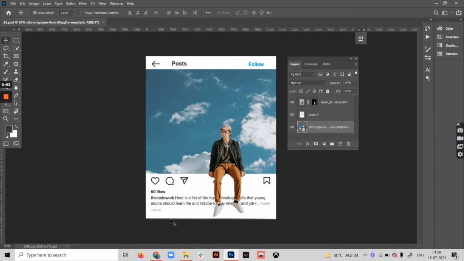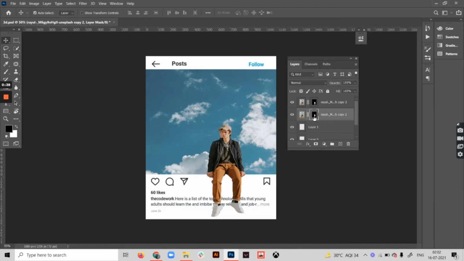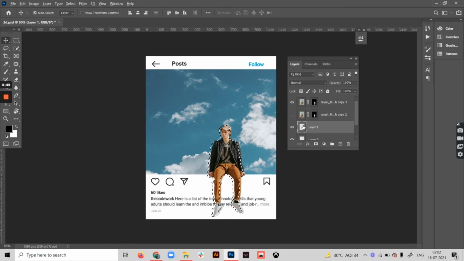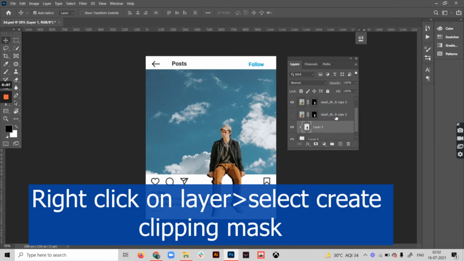So let's try that. Okay, so now to add the shadow, what we can do is first of all add a layer above layer 0 and copy the layer mask and move it a little bit to the side. Now what we can do is select the mask, press Control and Enter. Now just hide this layer. Come to the new layer that you created and fill it with black color. Done. Next, just clip it to the underlying layer.